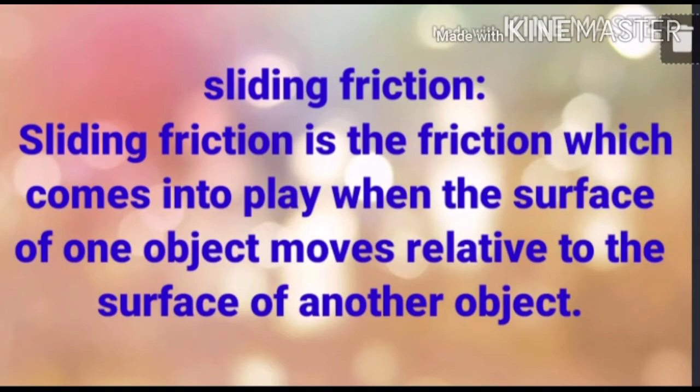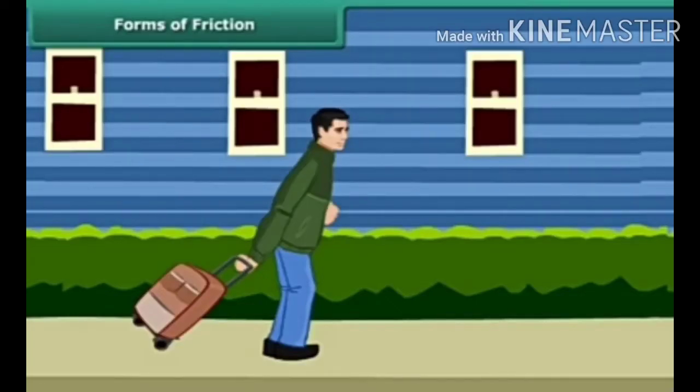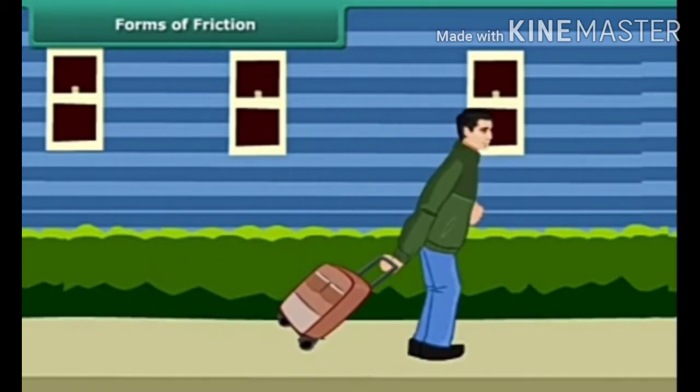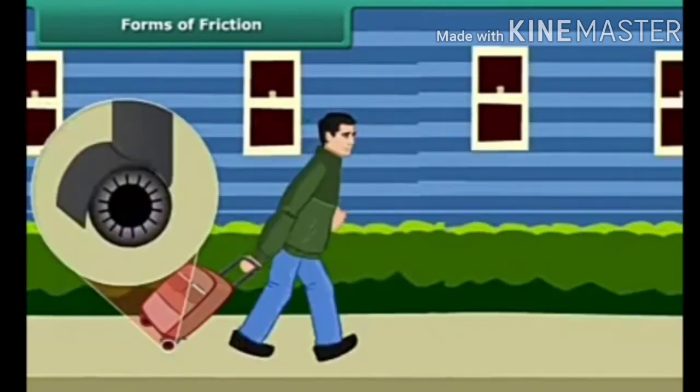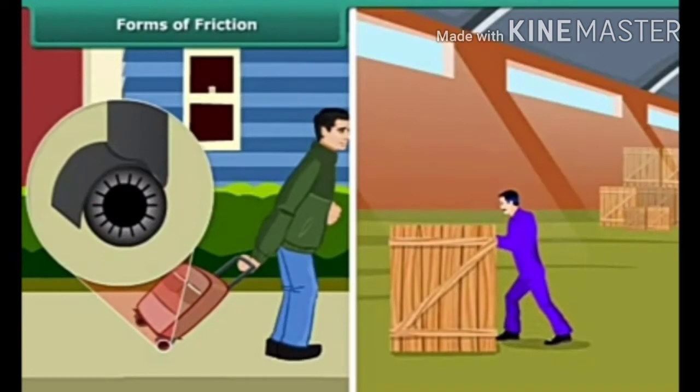You must have seen, children, suitcases and other pieces of luggage fitted with rollers. You can easily pull such pieces of luggage. Let us find out why. The rollers reduce friction and roll on the surface. It is always easier to roll than to slide a body over another. That is the reason it is convenient to pull luggage fitted with rollers.